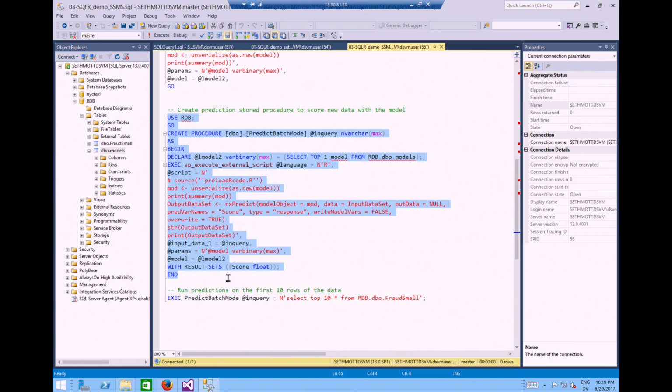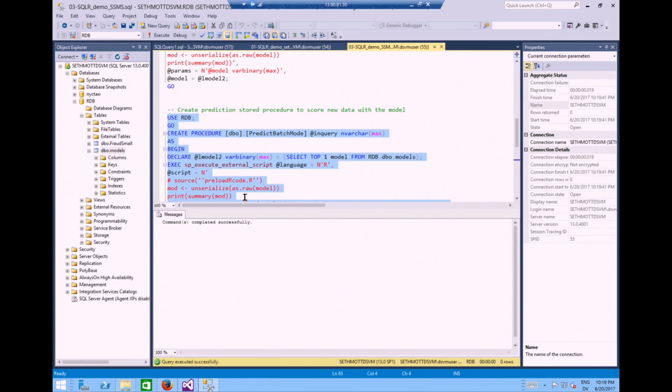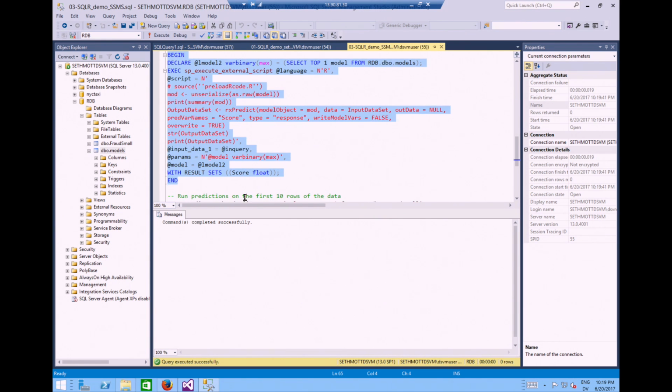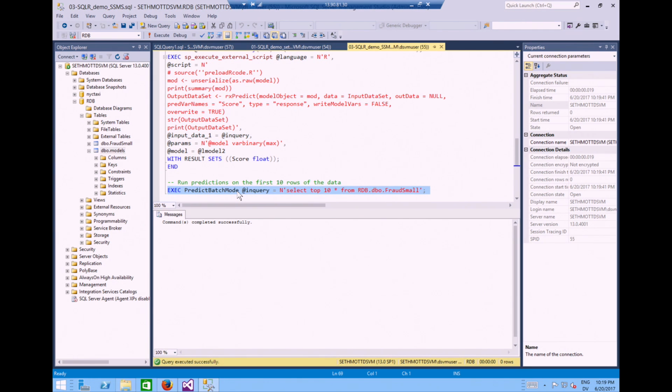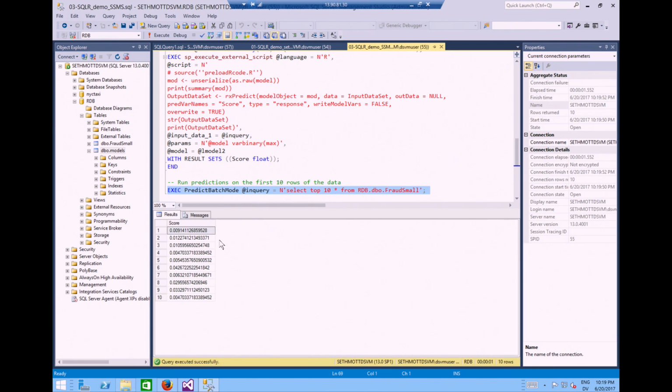And in the last line here, we're going to invoke that stored procedure. It takes just a little moment, but here is the stored procedure using R to make predictions from the model on a data set that it is pointing to.